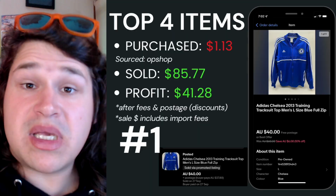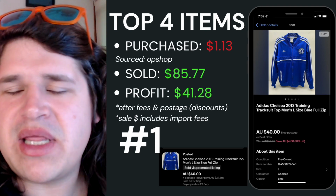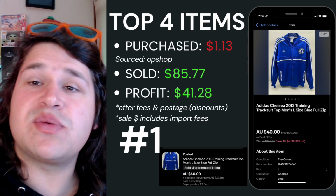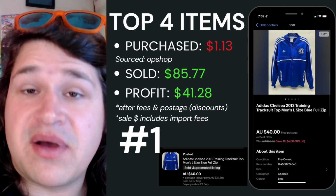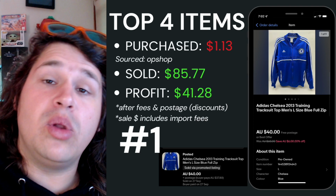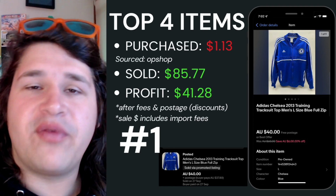Let's dive in. So kicking off with the top 5 items for this week, number 1 was this Chelsea 2013 training tracksuit. Now this one I actually picked up for $1.13, and I've been able to sell it for $85.77, going all the way over to the US, and I've walked away after fees and postage for